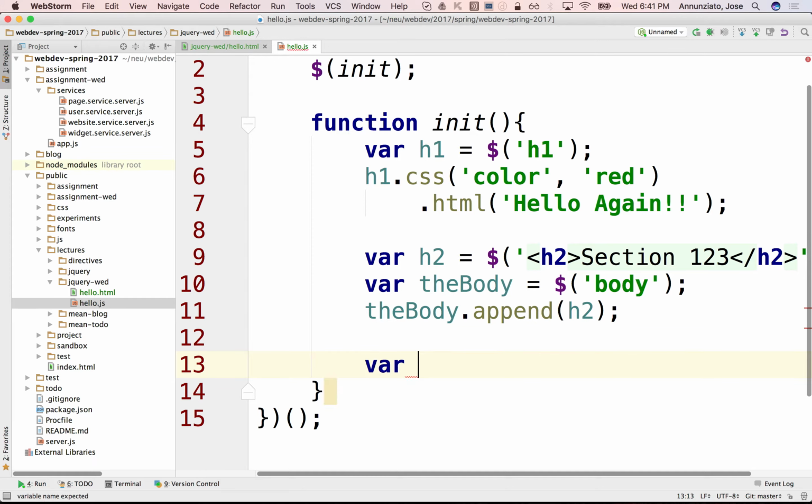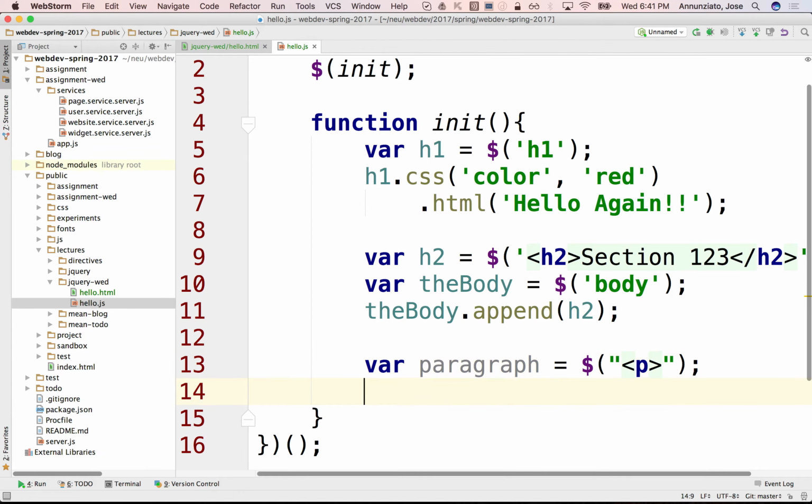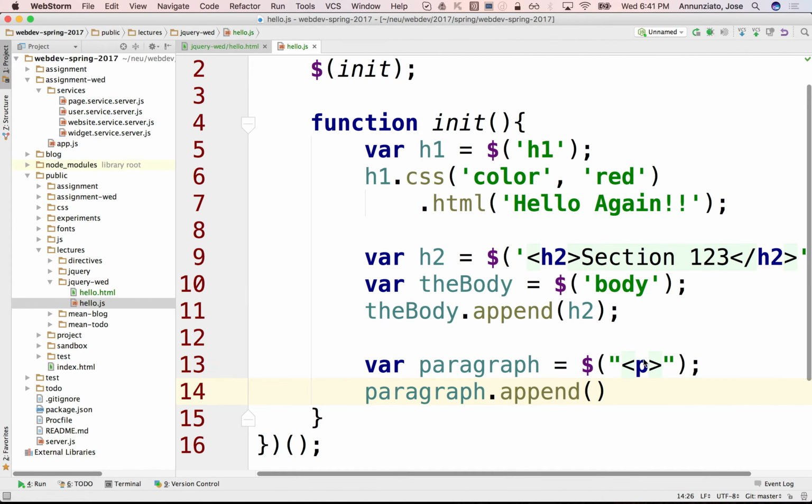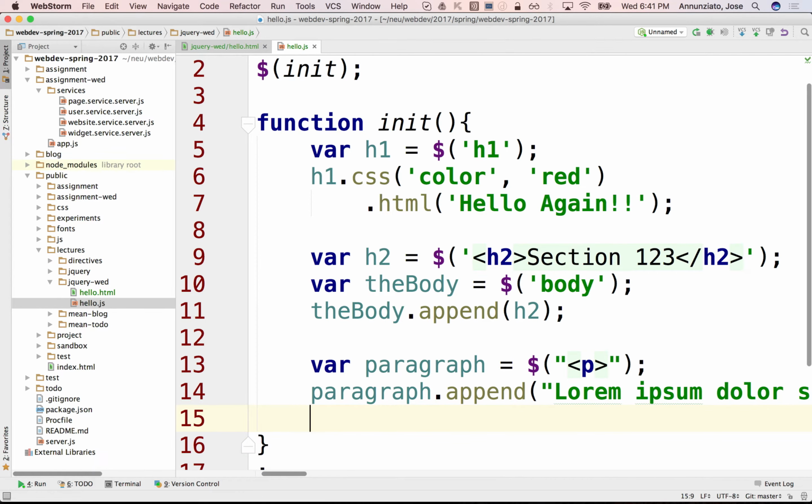We can create a paragraph, P, right? Here's a paragraph P. We can add things to the paragraph. Let's see, how can we add things to the paragraph? Ooh, we just learned how to do that, append, right? So we could add something to the paragraph.append, and let's add maybe this long paragraph, and say, there it is. So we have the paragraph, we just built the paragraph, and now that we have it,